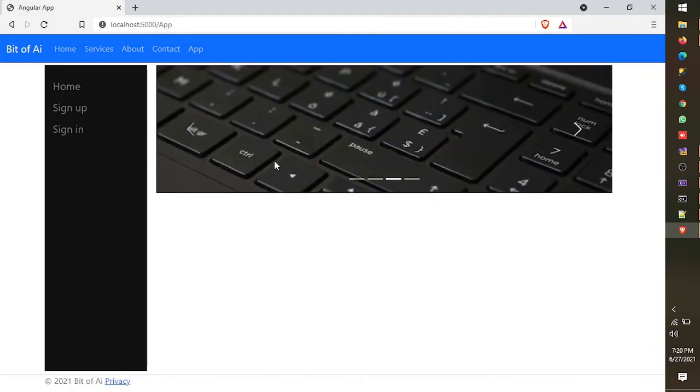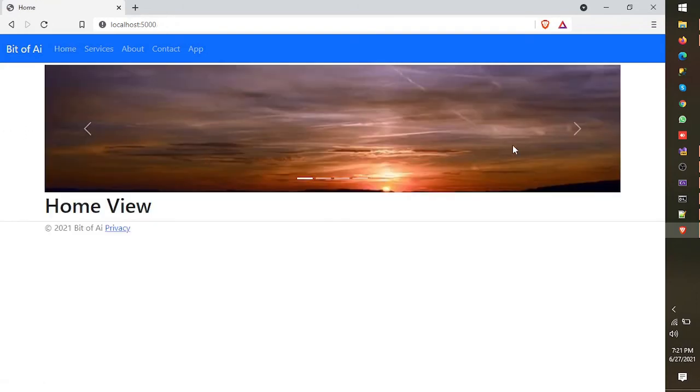We have imported it from our root application. Lastly, I would like to make some correction on the width of the banner.